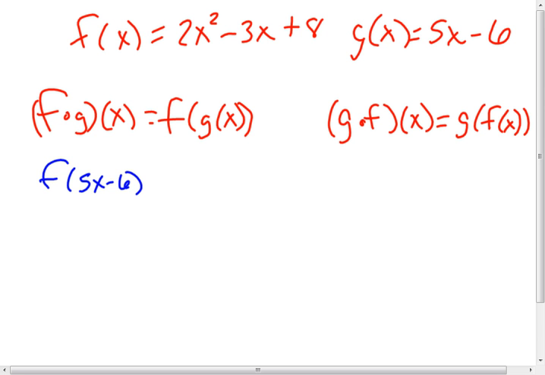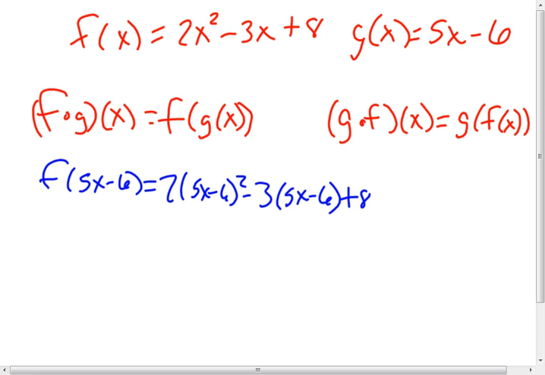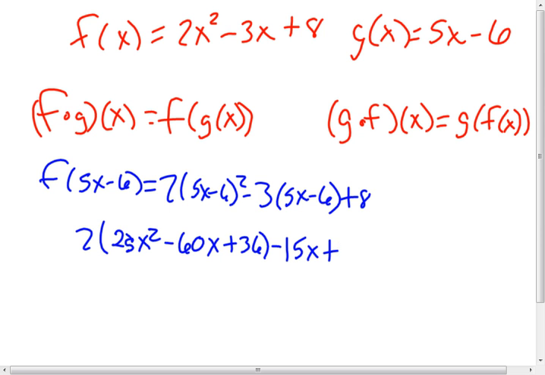Now we're going to take that and plug it in for the x's that we have in our f of x. So that will be 2, let me rewrite that. 2's got to be outside parentheses. 2 times (5x minus 6) squared minus 3 times (5x minus 6), and then plus 8. So we have to figure out what (5x minus 6) squared is. That's going to be 2 times 25x squared, and that's going to be a minus 30 and minus 30, so the minus 60x, and then plus 36, and then the minus 3, we can go ahead and distribute that, minus 15x plus 18